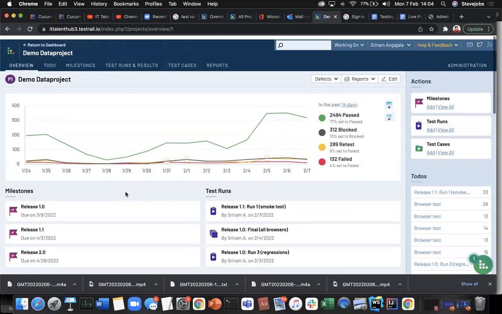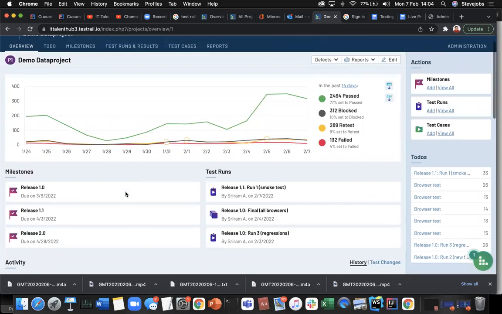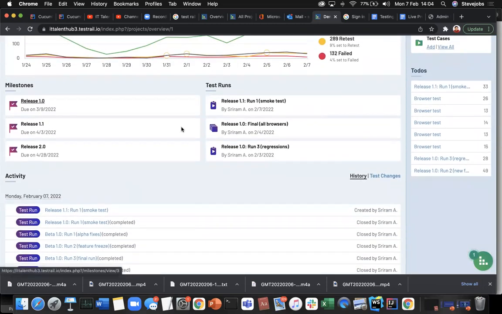For example, in a typical company, you will have multiple releases: release 1, release 1.1, smoke test, release 1.12. So normally you will have a milestone. A milestone is nothing but a specific release. A milestone is nothing but you are actually,